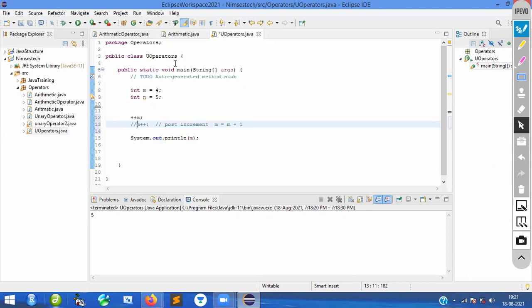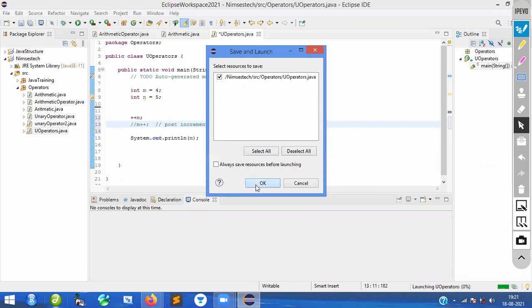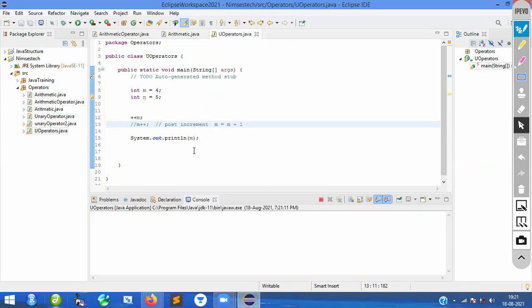When you run this program, it will give you the same answer, that is 5 only. Here also 5. So there is no difference between post increment as well as pre-increment, but there is a little bit of difference. Maybe you feel, sir, then what is the use of doing like this? There is a use, a requirement is there. Sometimes you want to increment before assigning the value, sometimes you want to increment after assigning the value. That is the reason why these things are required here. Okay, so this one you understood. I think everybody understood.